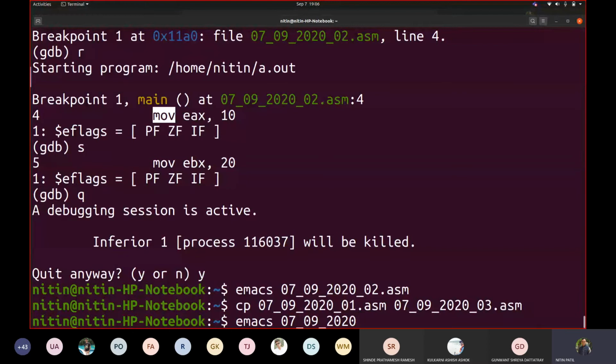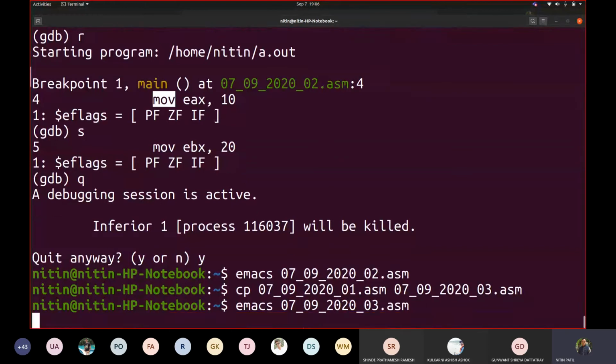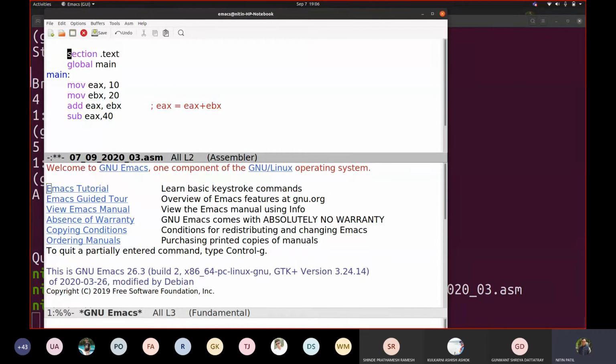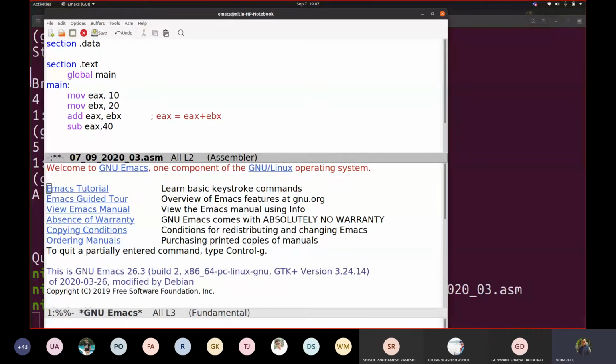In Emacs, _03.asm. So here I will use a data element. I will type in section .data. I will use message because I want to make use of a printf statement: factorial is %d. Right now we will take only this one. And I will write 10 comma 0.